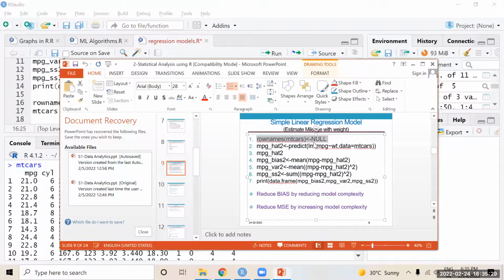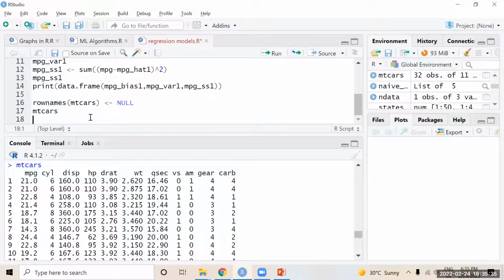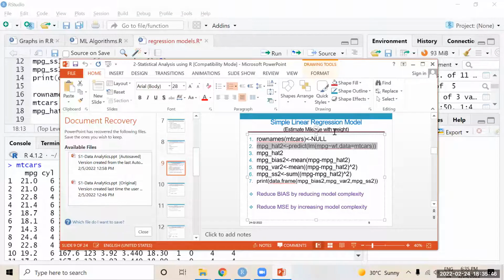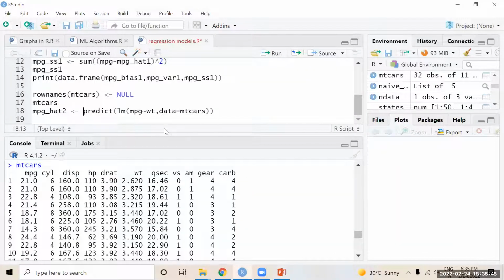Now, next one, I want to implement a linear regression and I want to make the prediction directly in a single line. So that variable is mpg underscore hat, to predict. So what is the problem here? I'm highlighting estimating the mileage with the weight. Generally, when the car weight is very high, mileage will be low.